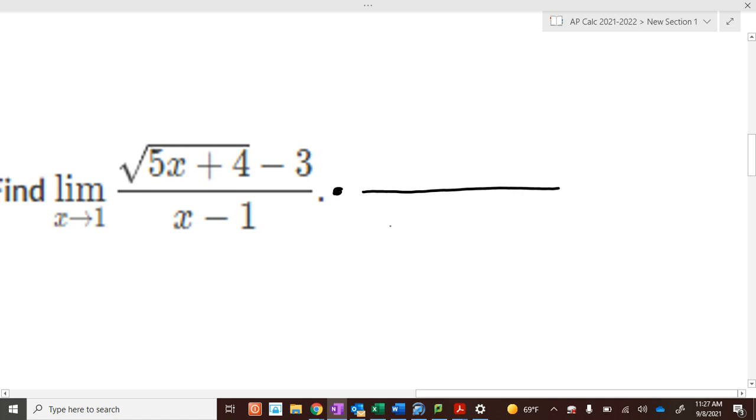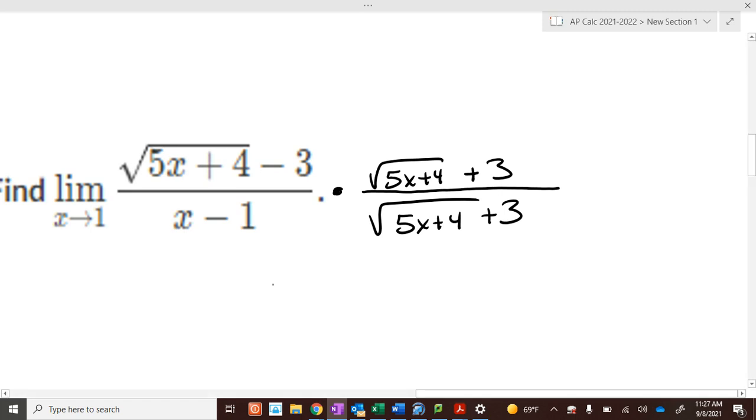If you were listening closely, I multiply by the conjugate of whatever is involved in the square root. I said that last time, a little earlier today. The square root of 5x plus 4 plus 3. We're not worried about pleasing the math gods, we're worried about finding the limit. So we can have a square root in the denominator right now. When you're finding a limit and you're in indeterminate form, wherever the square root is involved,